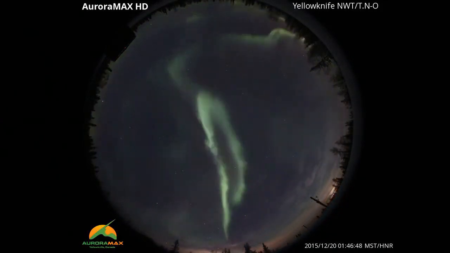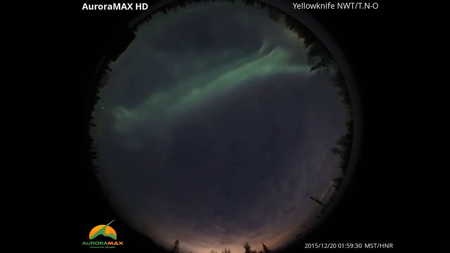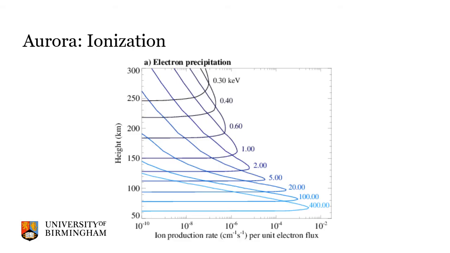These aurora are produced by those energetic particles being accelerated in along the magnetic field and colliding with our Earth's upper atmosphere. In the process of that collision, those particles also ionize the upper atmosphere, where the depth at which these particles create ions is dependent on the energy of those particles, or the speed at which they are moving. Very fast, very energetic particles will penetrate deep into the atmosphere and deposit their energy or cause ionization